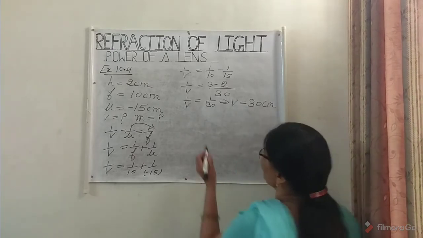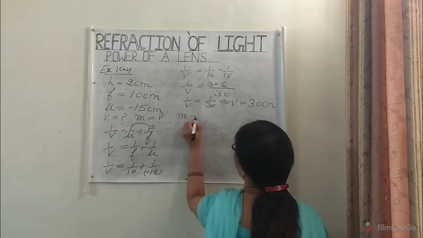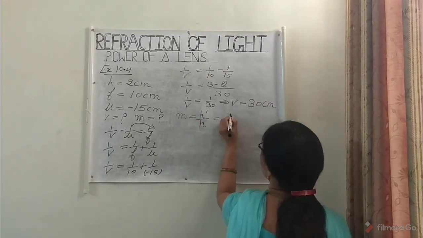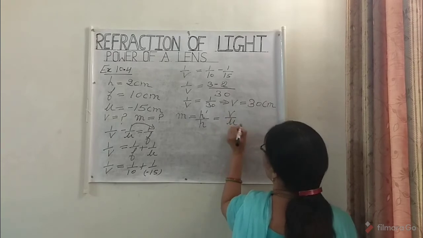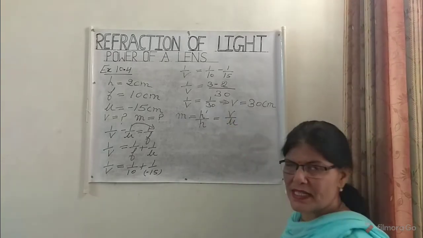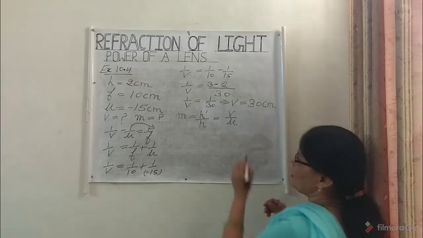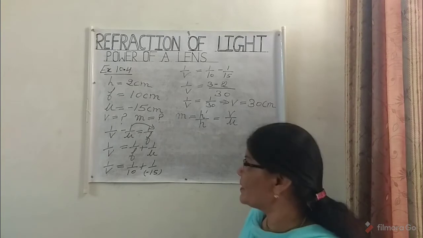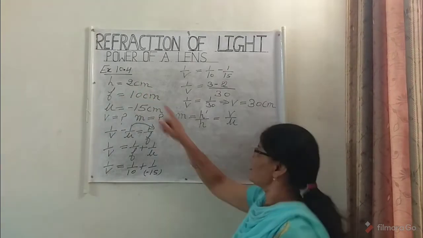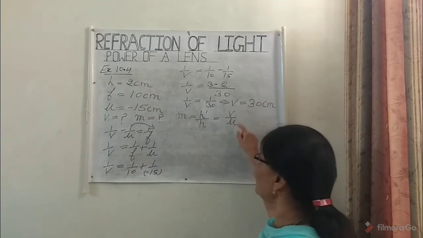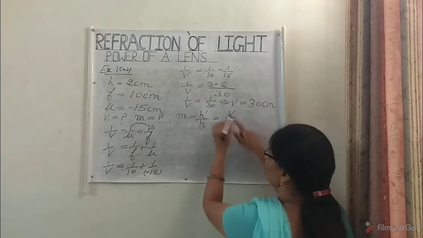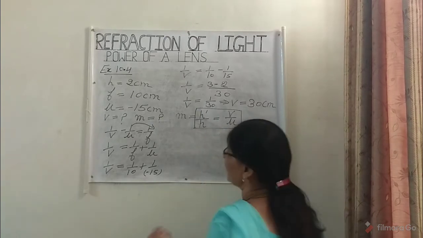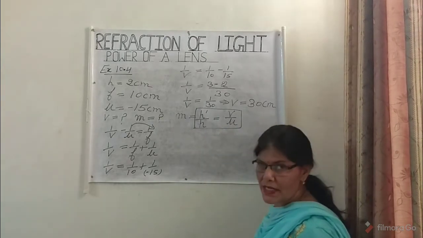So let us find magnification. Formula of magnification is H dash upon H is equal to V upon U. Here we have to find H dash. We don't know the size of the image. We know the size of the object. We know H, we know V, we also know U. So from this part of the formula, let us find out the value of H dash, height